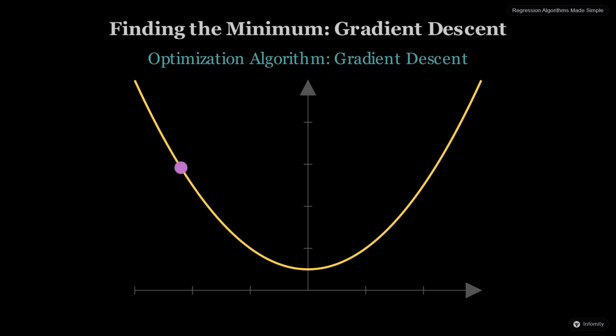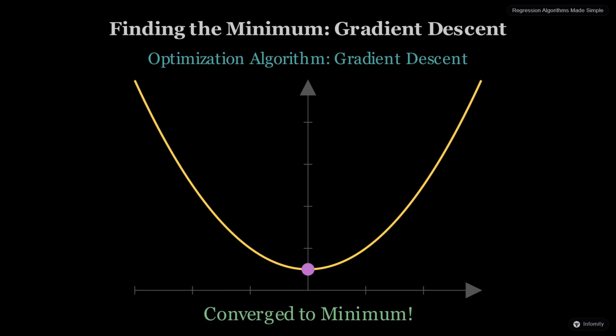Imagine placing a ball randomly on our MSE curve. The gradient at that point tells us the steepest direction to go. Gradient descent works by repeatedly taking small steps in the direction opposite to the gradient, effectively rolling the ball downhill. Each step brings us closer to the lowest point on the curve, which corresponds to the optimal slope and intercept